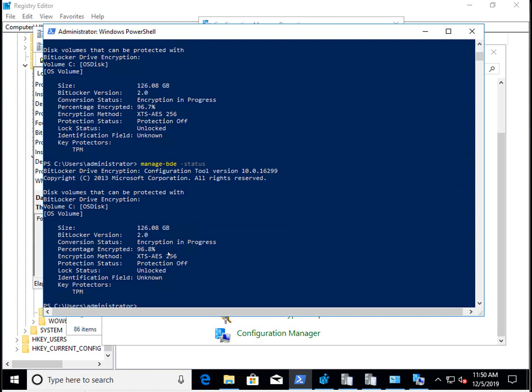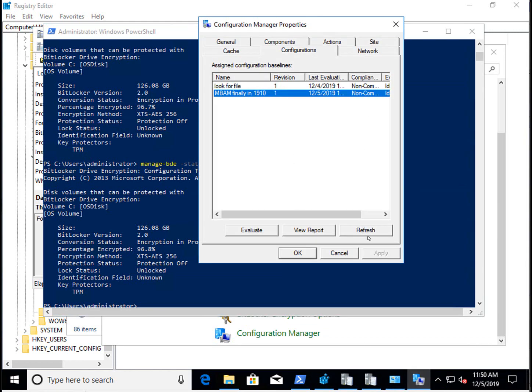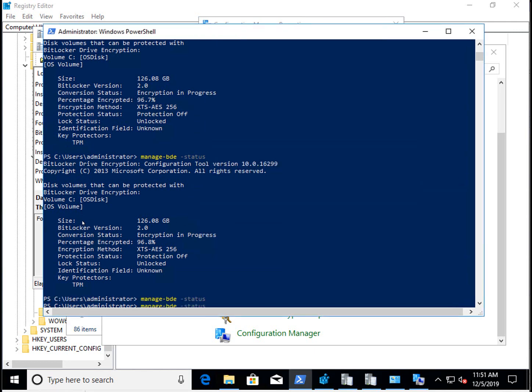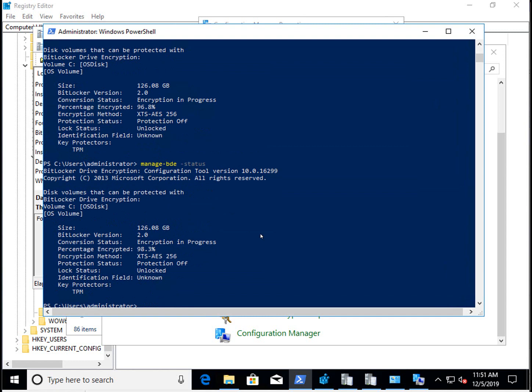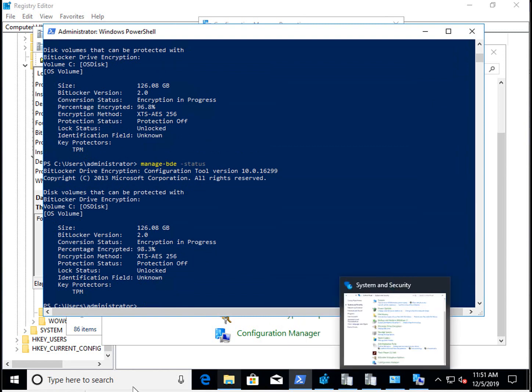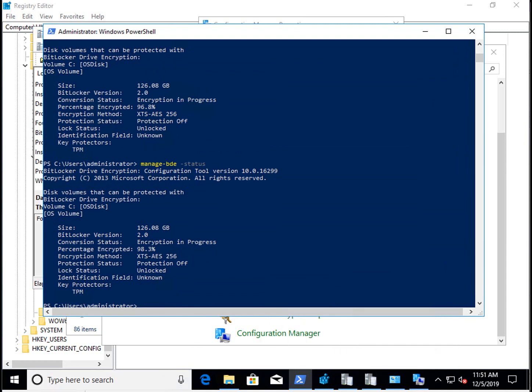So basically, once it reaches 100%, we can then actually refresh this and evaluate it, and hopefully it will go from a non-compliant state to compliant, and that will be reflected eventually in the configuration manager console if you look at the deployment of your policy and then just look at the status of it, summarization. So let's just check, are we at 100% yet? 98.3, of course. Okay, so while we're waiting for that, we can go back to config manager